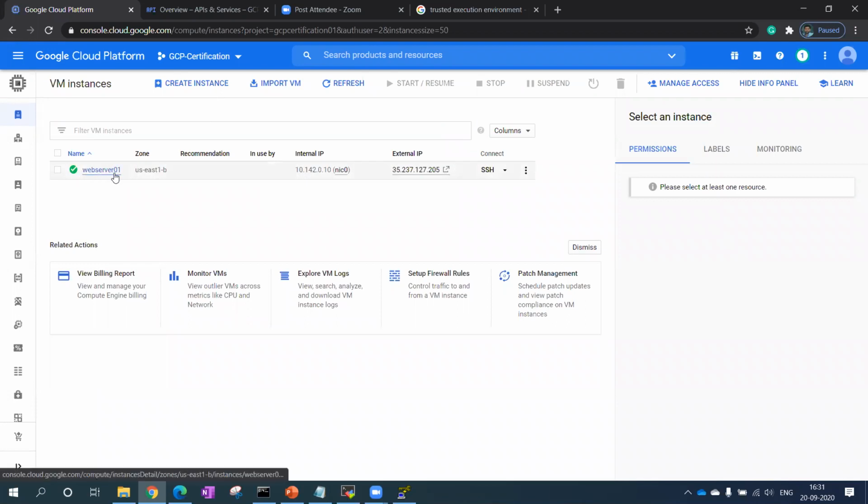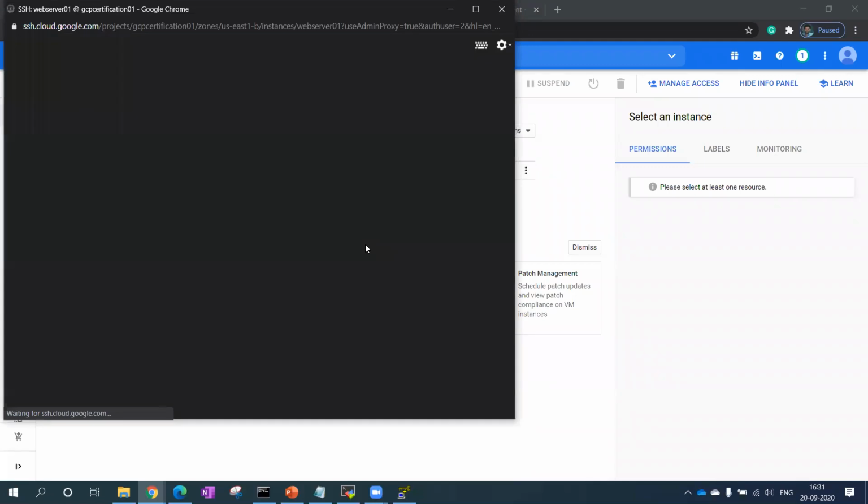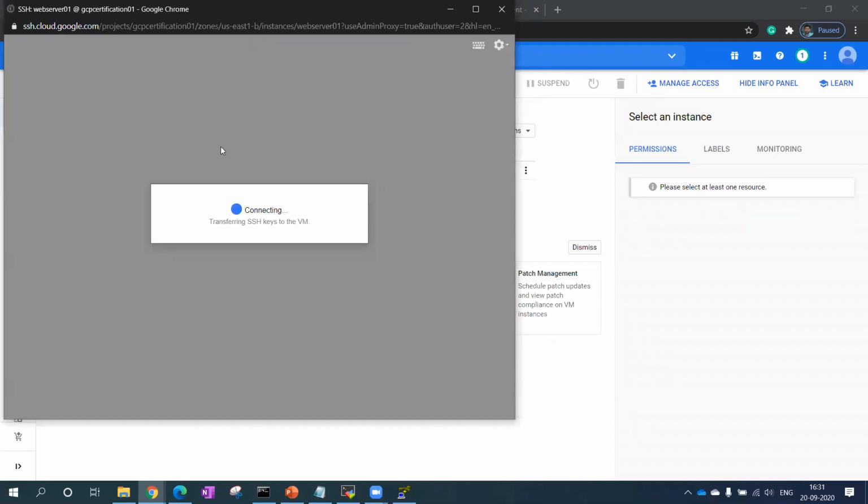See, this is the example now. This web server is getting created. Now I want to access this VM, for example. I haven't created any account right now, but it automatically allows me to log into the VM.